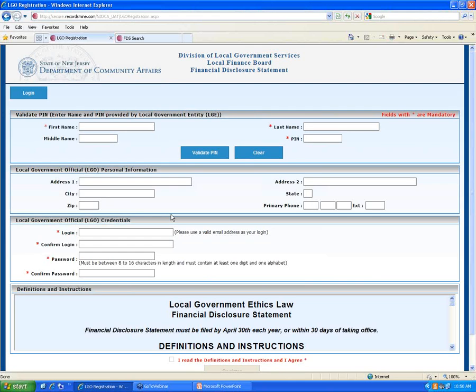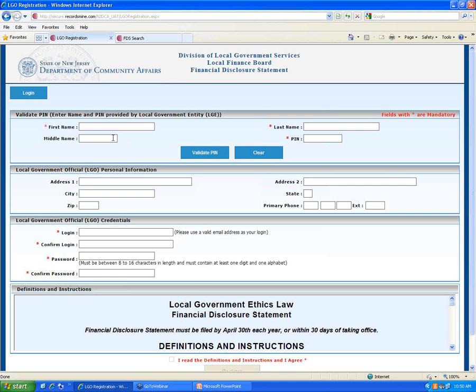And what they're going to be presented with today is a validation section up at the top. Now, since I've gotten 2 PIN numbers, one from Edison and one from South Brunswick, the first question that comes up is, well, which one should I use to register? It doesn't matter which PIN number you use first to register. You can use either or. You can use the Edison or the South Brunswick. Once we register the first PIN and we log into our account, we'll be able to associate the other PIN with our account once we get the account established. So it doesn't matter with that.